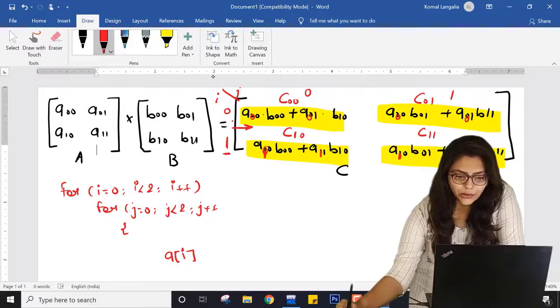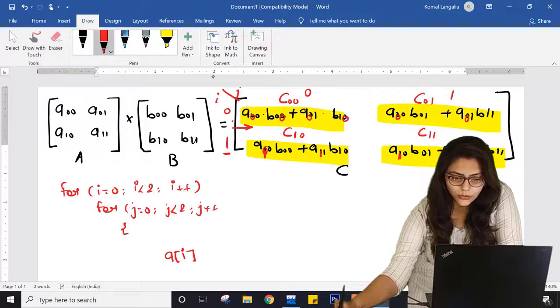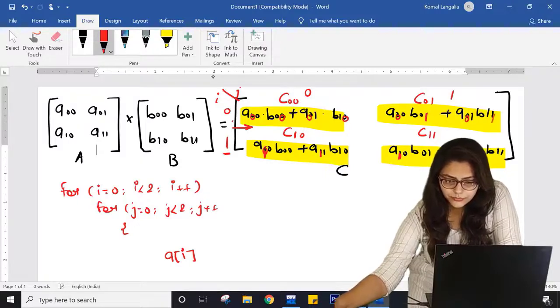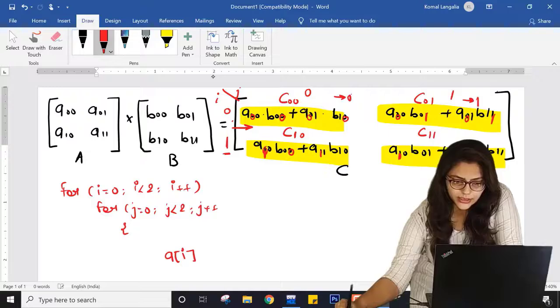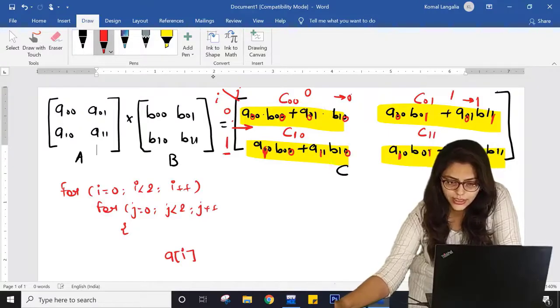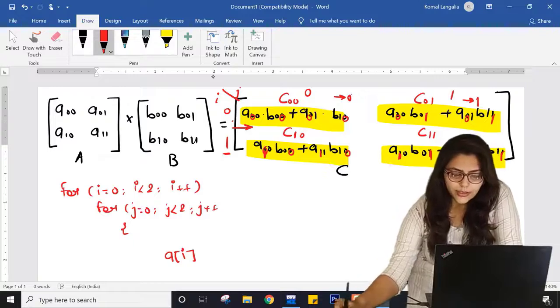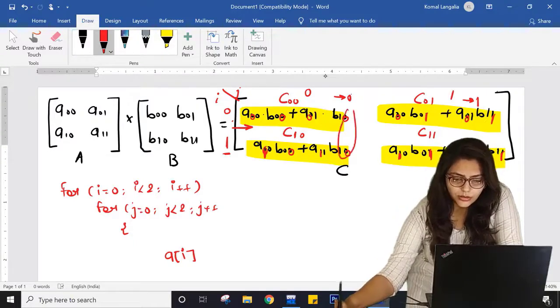Now see the value of B. Here the value of B is 0, 0. Here it will be 1, 1. Similarly here it is 0, 0 and here it is 1, 1. I hope you have noticed. So this is all about the column.